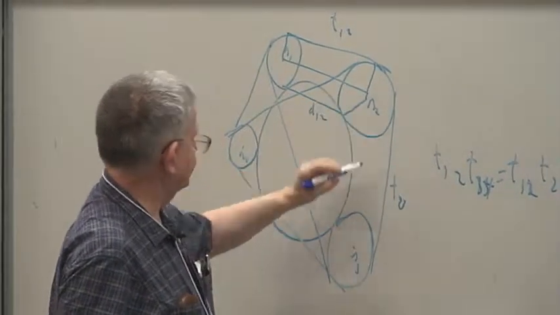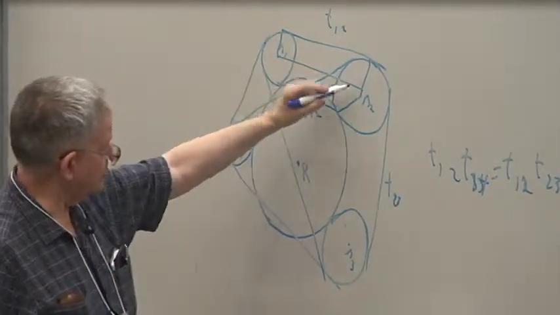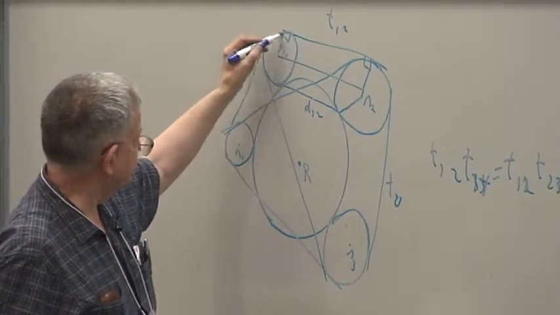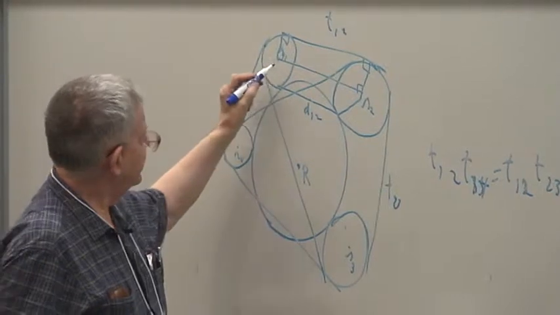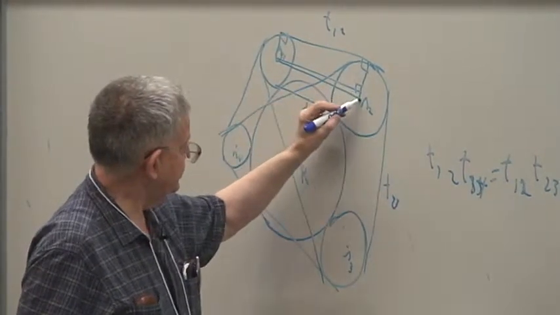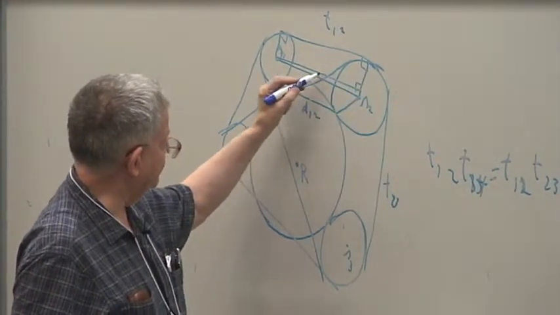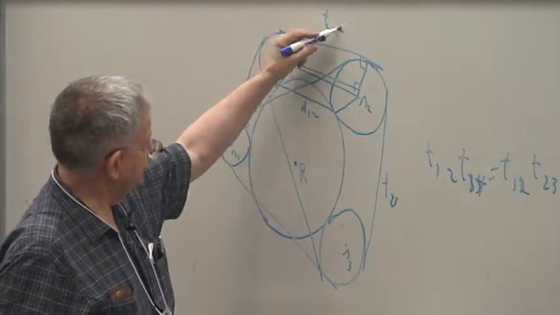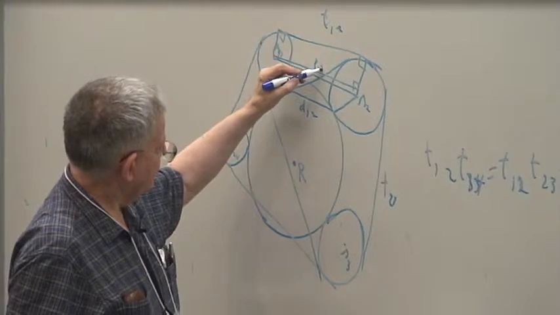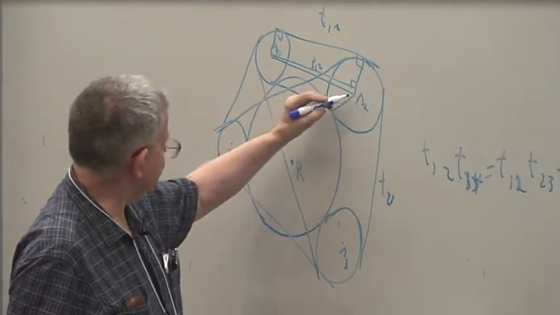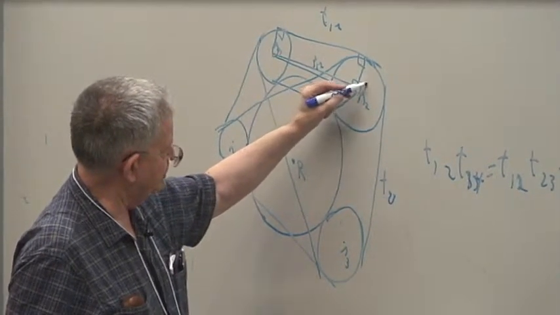You draw in a rectangle up there because these are right angles. You make this a right angle, so this one is. And you connect here and use the Pythagorean theorem, getting the T1,2 for this, and then this is going to be R2 minus R1,